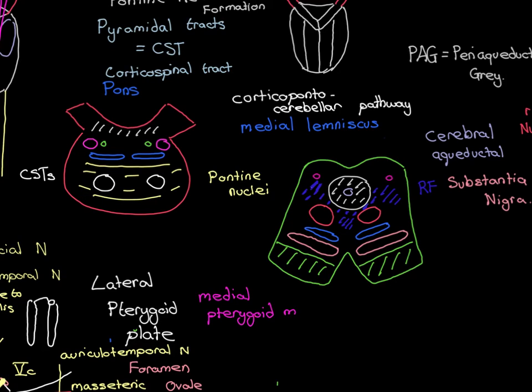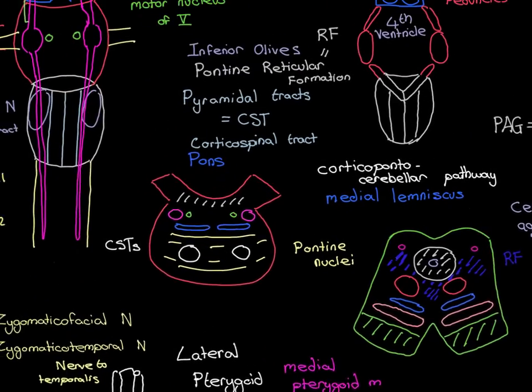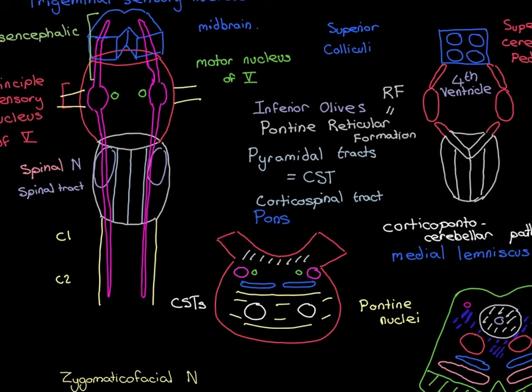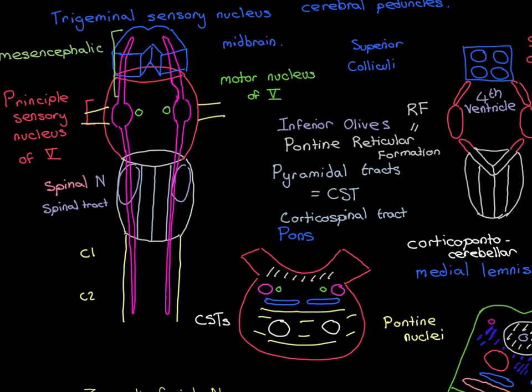Okay, so we have now seen the mesencephalic component of the sensory nucleus of the trigeminal nerve, and we have seen the principal sensory nucleus of the trigeminal nerve. I will have a break here now, and in the next video we will cut through a cross-section of the medulla and see the spinal nucleus and spinal tract of the trigeminal nerve at the level of the medulla, and then we'll go down into the cervical spinal cord and see it there, and then we'll go over how the second-order neurons from these sensory nuclei of the trigeminal nerve are going to actually ascend up to deliver information into